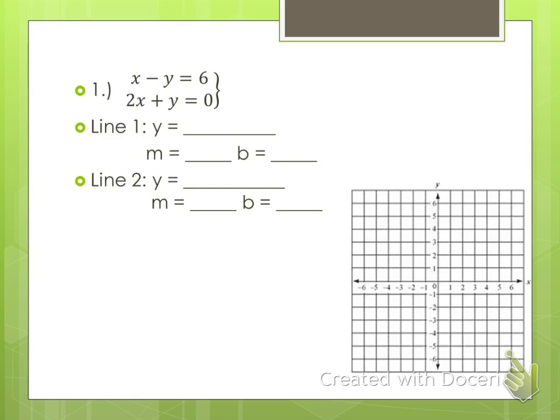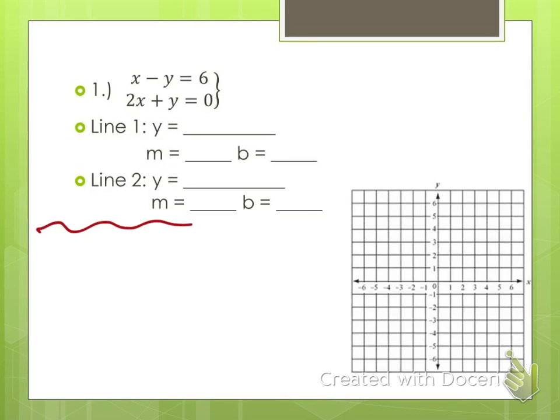All right, so the setup is very similar to what we had Friday. We have two equations. This time for our lines, we're still asked for m and b like we were on Friday. But this time they also ask us for what y equals. So get y by itself. For these, you might need to have a little space to do some scratch work, either in the margins of your notes. On your homework, you might need to get out another sheet of paper if you write kind of large. For me, I'm going to do it down here